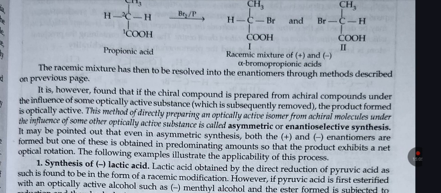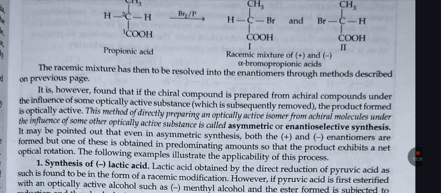It may be pointed out that even in asymmetric synthesis both the positive and negative enantiomers are formed, but one of these is obtained in predominating amount so that the product exhibits a net optical rotation. The following examples illustrate